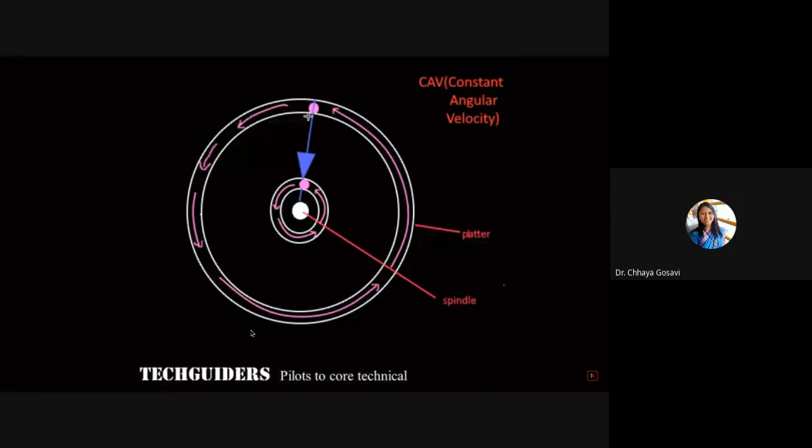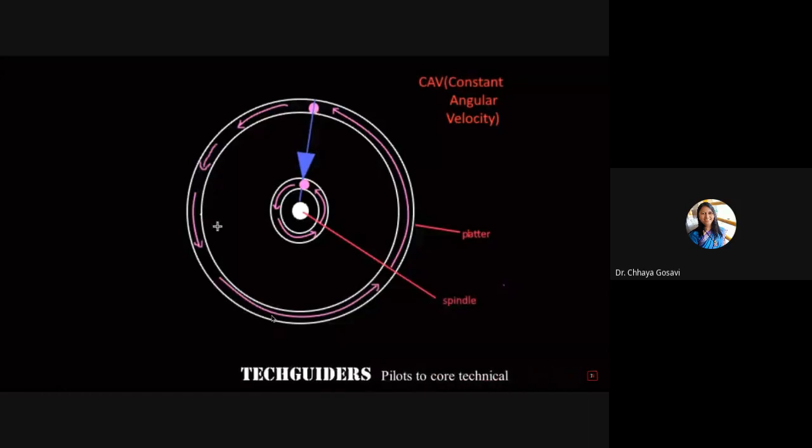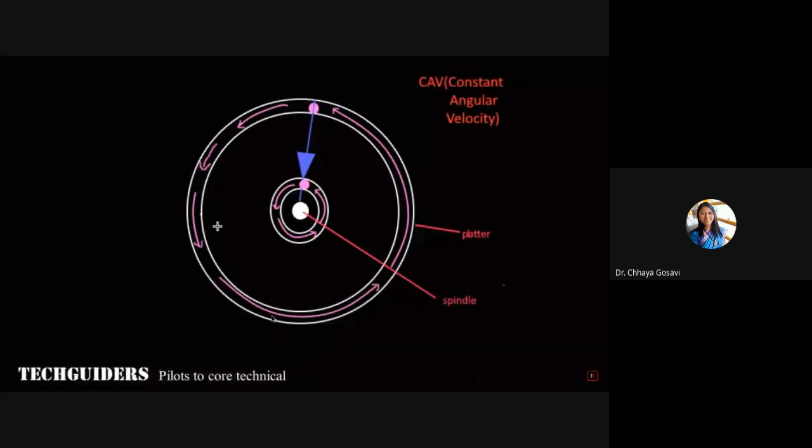Hence, within a particular time, or by the time the platter completes one rotation, since the outer tracks are moving faster under the head, more data will be read from the outer tracks compared to the inner tracks. But in a hard disk, within a particular time, the amount of data which can be accessed is kept constant. This is to make the calculation easier. Hence, we keep the data density lower in the outer tracks and keep the number of sectors the same in all the tracks.